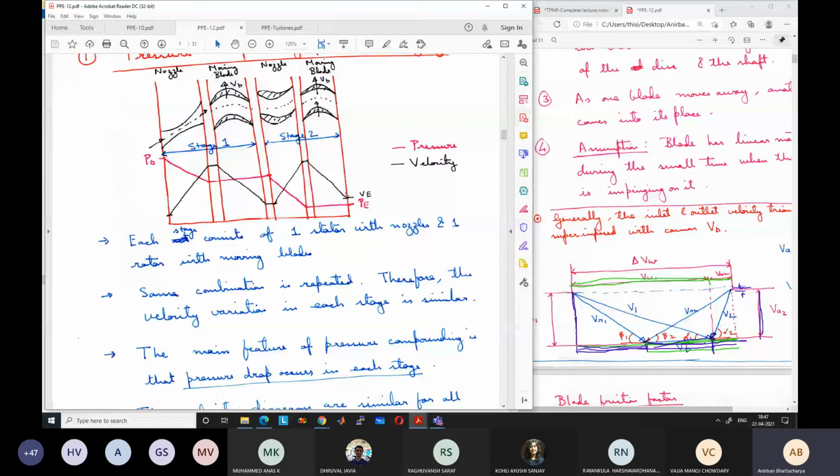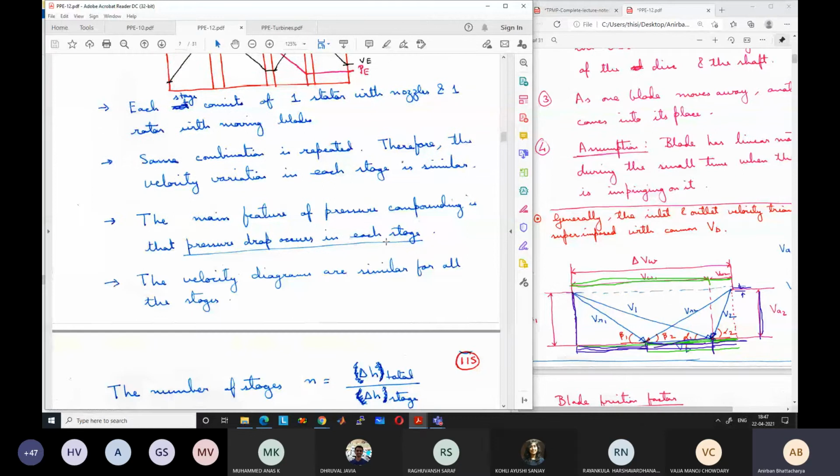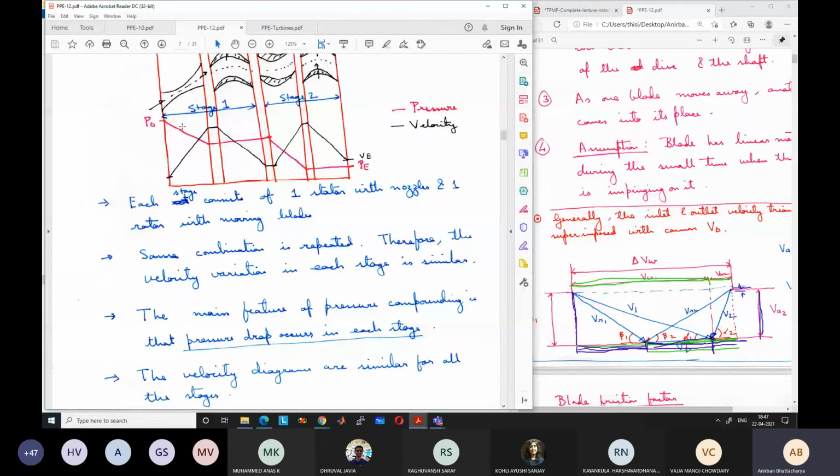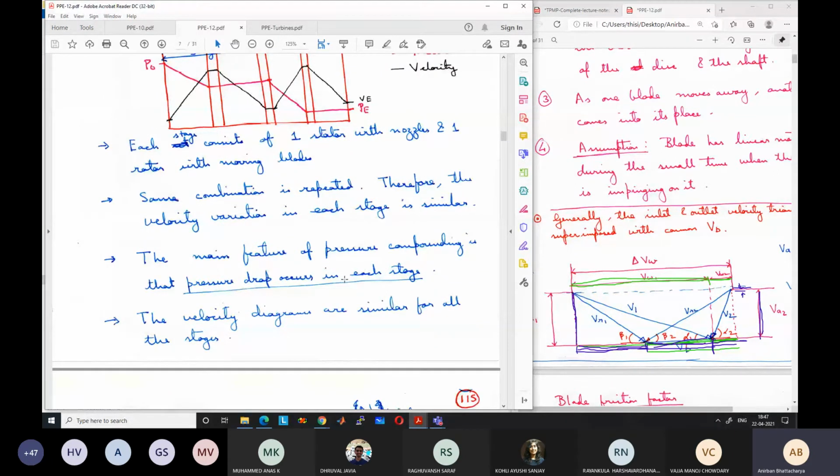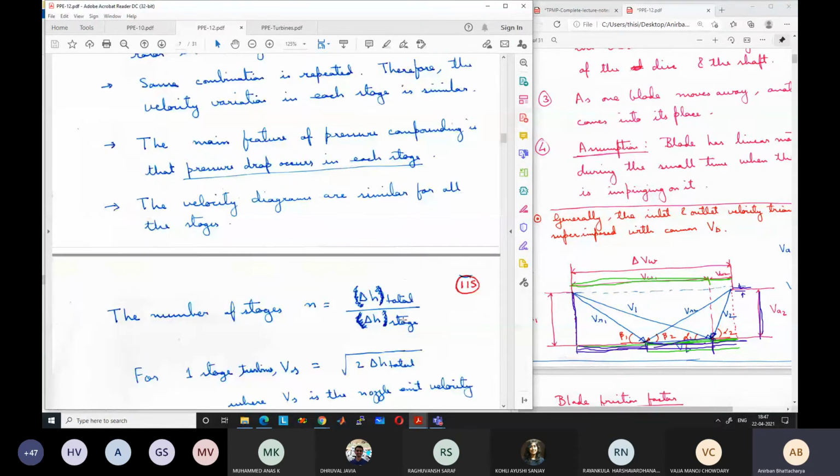The main feature of pressure compounding is that pressure drop occurs in each stage. As I have already mentioned, pressure drop occurs in each stage, and the velocity diagrams are similar for all these stages. Let me keep that diagram open for reference. So if we have n number of stages, say 10 stages or 8 stages,